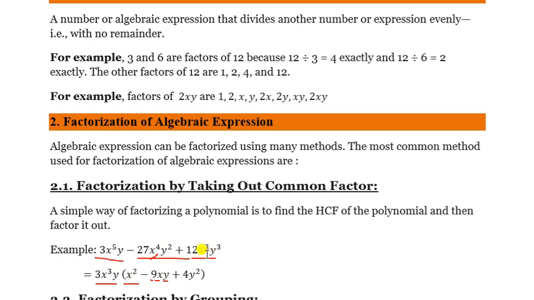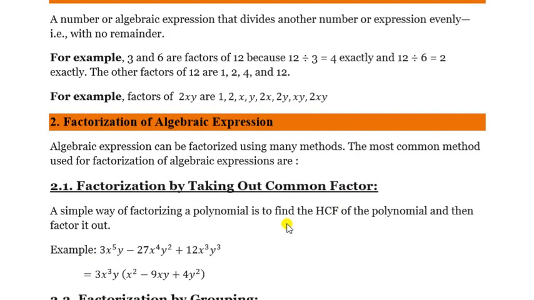Then here also x to the power 3, and I have already taken x to the power 3. So no need to write it one more time. I have taken completely x to the power 3. Now here y cube, but see here I have taken only y. So y square will be left. So y square. So in this way you have to find out the common factor for any kind of algebraic expression. Is it clear? So in this way you have to complete.